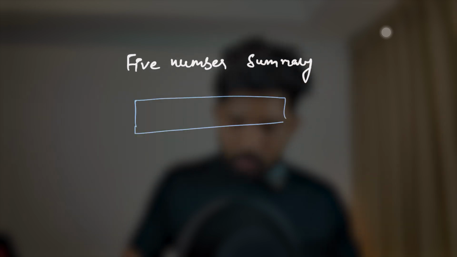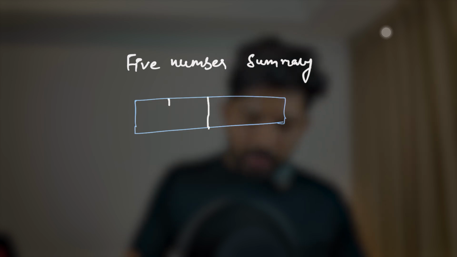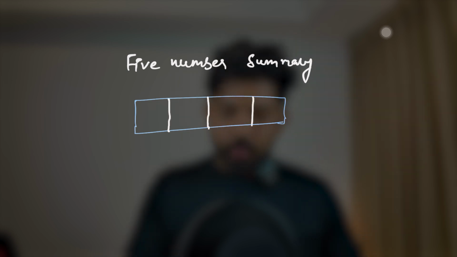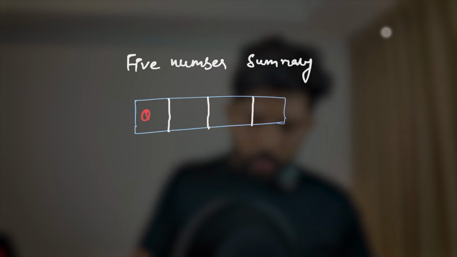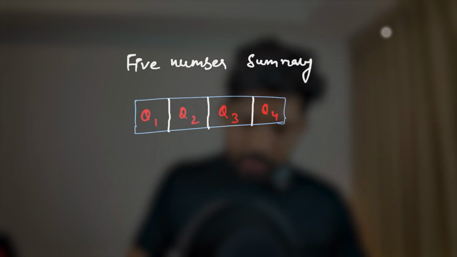So simply you can say that when we are trying to find the 5-number summary, let's say you have a box. You can divide this box into 4 parts. So this will be the 2 part, and this will be again 4 parts. You can write here, this is Q1, this is Q2, this is Q3, and this is Q4, right? And when we talk about the 5-number summary, this will be the minimum number. Similarly, this will be the max. Similarly, this will be the median.